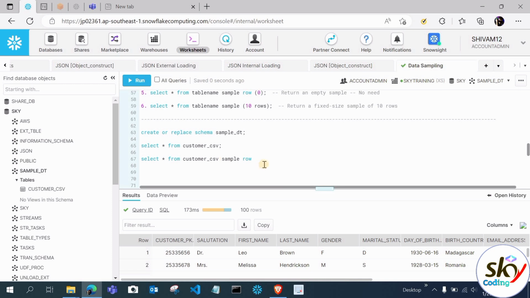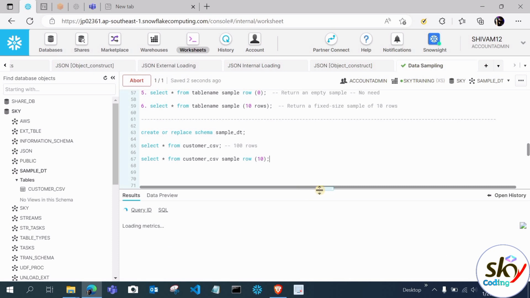Okay, so I will just type here row, and after that, suppose that there are 100 rows in this table of ours. Okay, so 100 rows, suppose that I want 10%. First of all, I am just doing the fraction type of querying. So row of 10, which means 10%. Let's check the data whether it is giving 10 rows or not.